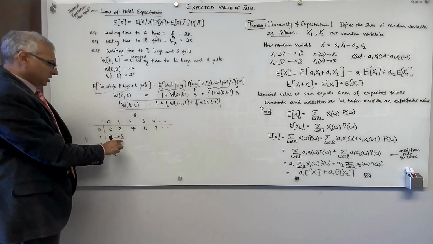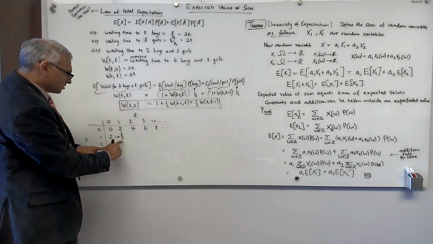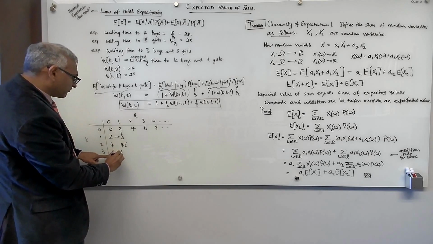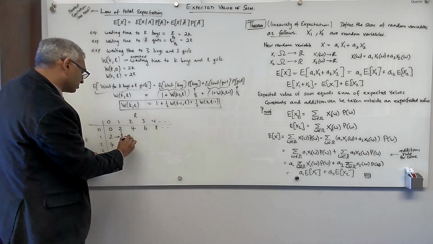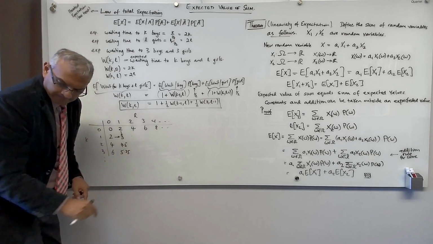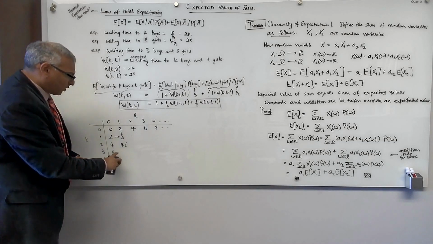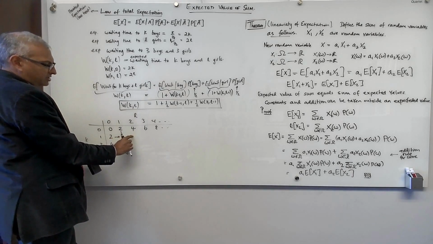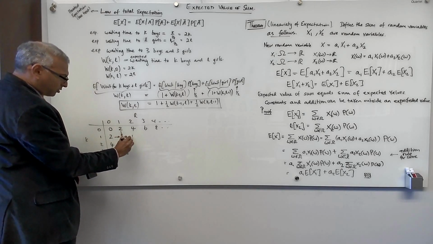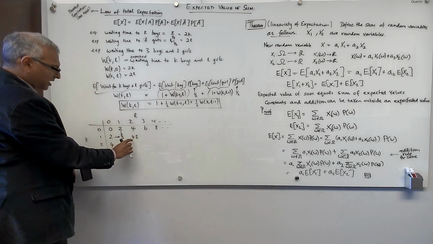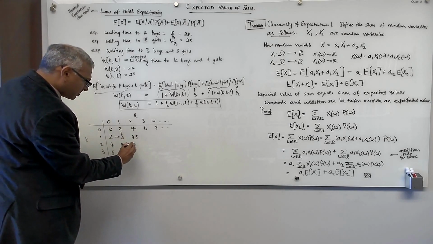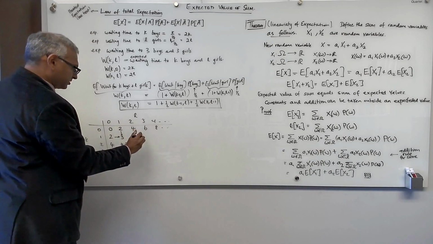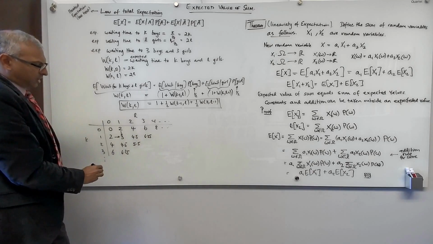So this is going to be 3. Take the average and add 1. So the average of these is 3.5. So you add 1, 4.5. Take the average and add 1, 5.25. Take the average and add 1. So 5.25, 6.25. Take the average and add 1. So 3.5, 4.5. Take the average and add 1. So 5.5. Take the average and add 1. So here we're going to have 6.25. And we're getting there.